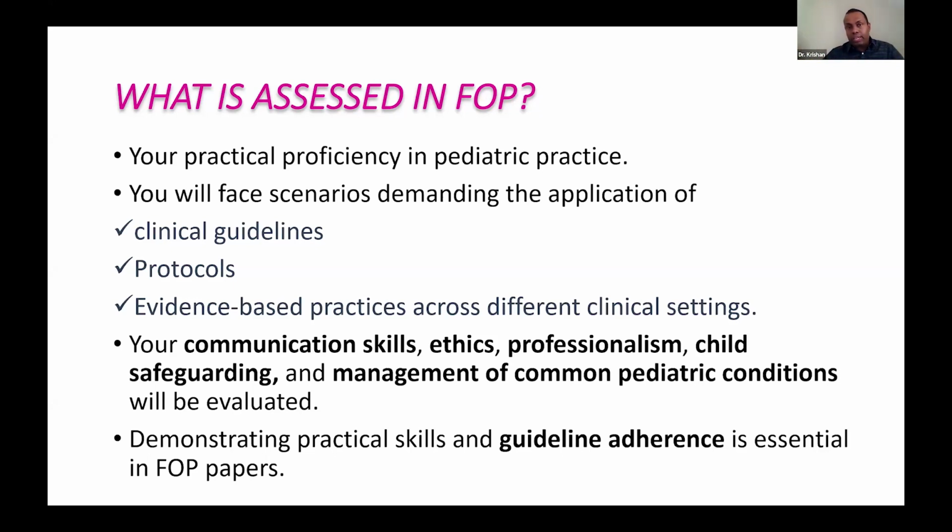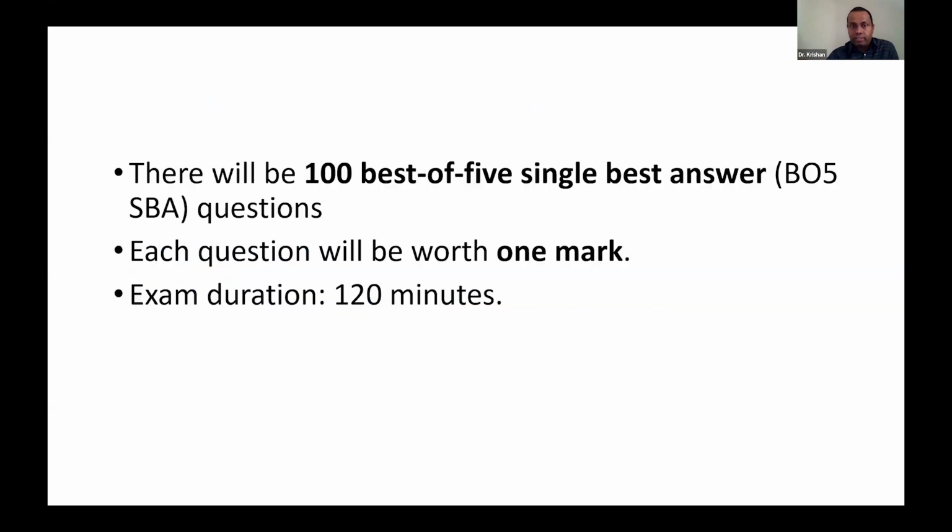Say a 5-year-old child presents with a suspected UTI. Okay, you have confirmed that it is UTI. What investigation would you do next? So NICE will clearly say what to do next in case of suspected UTI, right? In a child with constipation with fecal impaction, what is the next step of management? So the guideline will clearly say that, and we need to show that we are familiar with those guidelines. So that's about FOP, right?